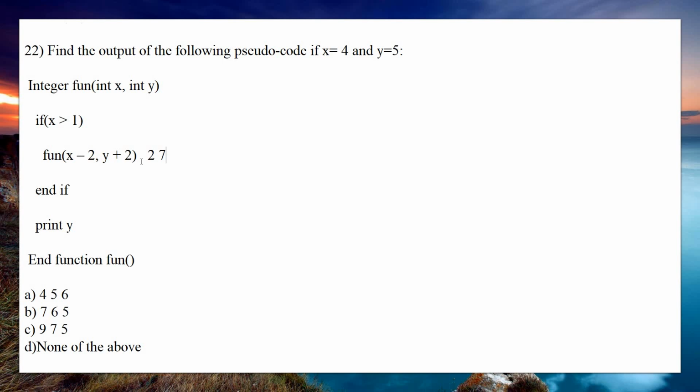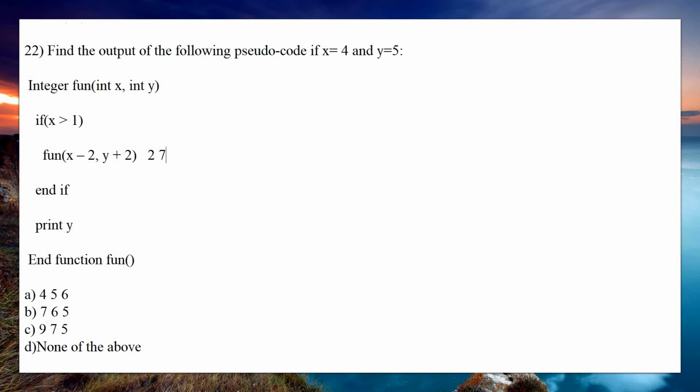First you need to reverse the recursion function. So first you are going to reverse the recursion, end if, print y and function. So first what you need to do is reverse the recursion function, which will print 9, and then it will return to the previous function call. Then next it prints 7, and returns to the very first function call, which prints 5 and completes the execution. So we shall see how it prints.